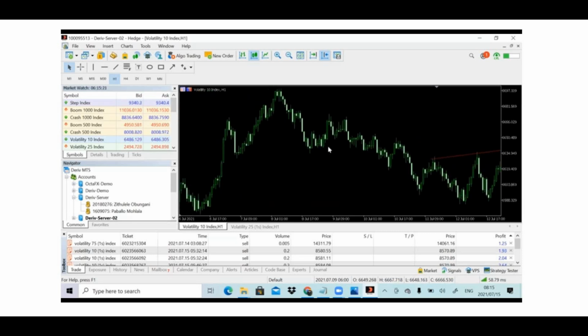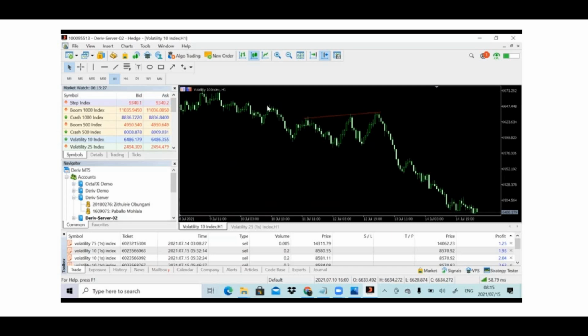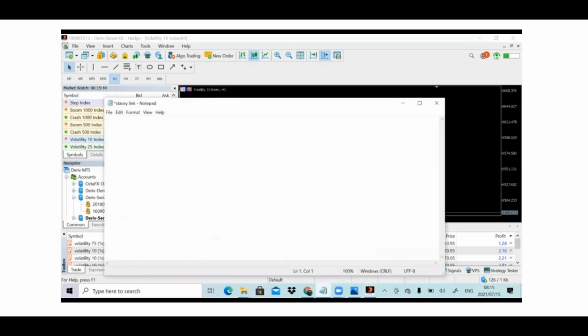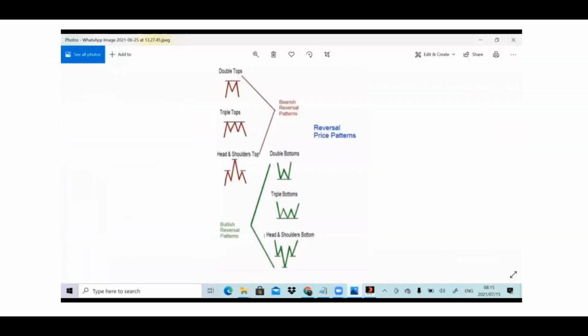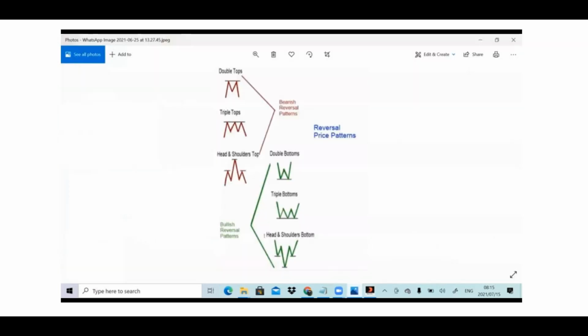That's a double top right there, double top right there, triple top here. So we get them just like that. So they are not always symmetrical. As you can see, most of them in the market, you look at them, they are not